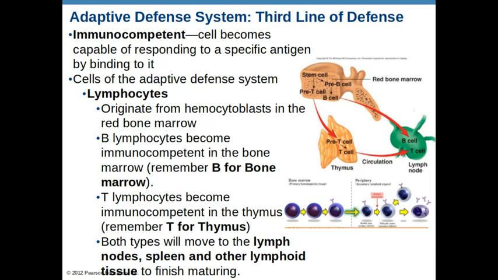Another idea that we need to talk about again is immunocompetence. We touched on this in a previous video, but let me go back over it. Immunocompetent has to do with a cell being able to respond